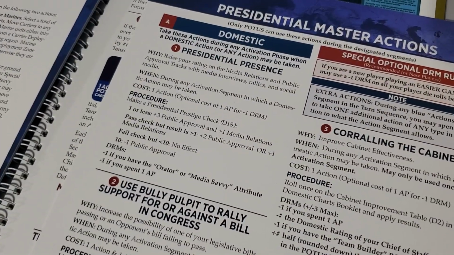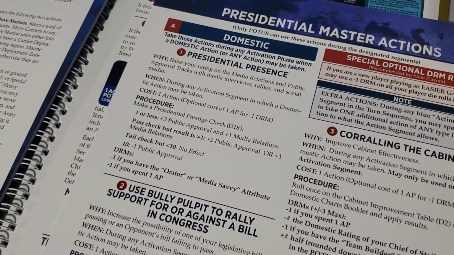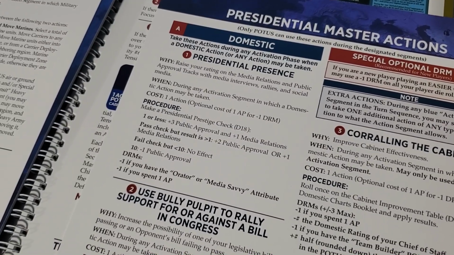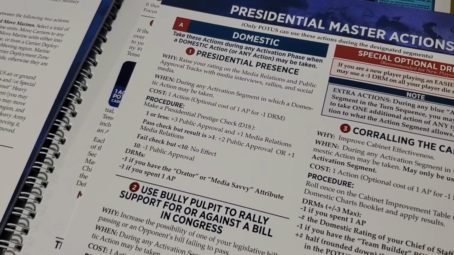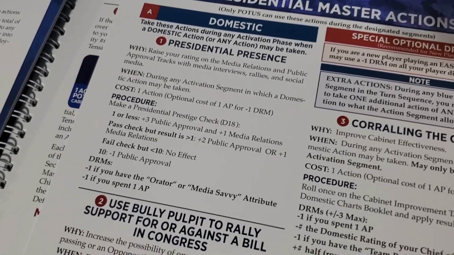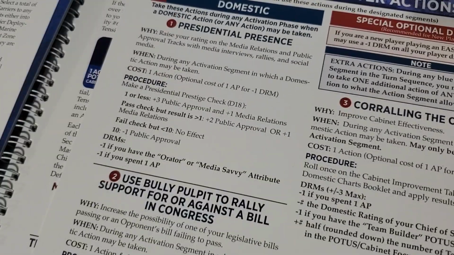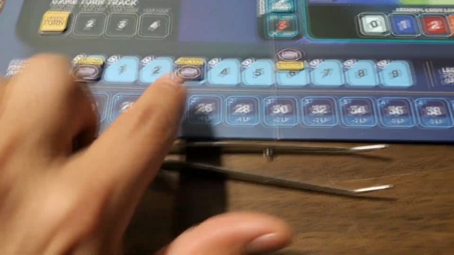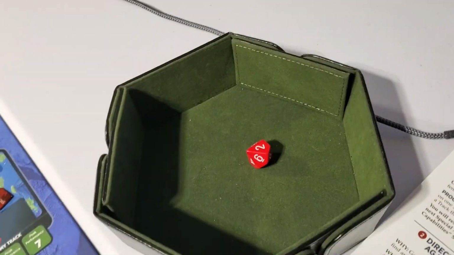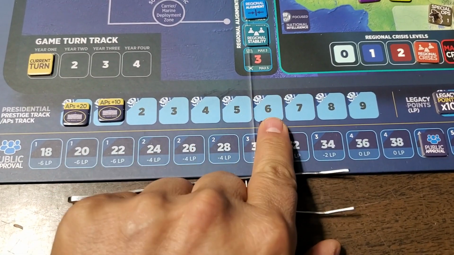All right, so the president himself is going to do a presidential presence diplomatic action, or domestic action, I should say. And this is a standard check track off that table, D18 that we saw before. And we don't have the orator or media savvy attributes. Indeed, I have just double-checked that, and we do not. But I do get an additional -1 if I spend an AP on it. And it costs 1 AP, so we're going to actually spend 2 APs on this to take us down to 11 action points. So that might be a risky move, but we're going to get a -1, so let's actually see what happens. All right, and we're rolling this against the prestige number, so we're looking for 6 or less,